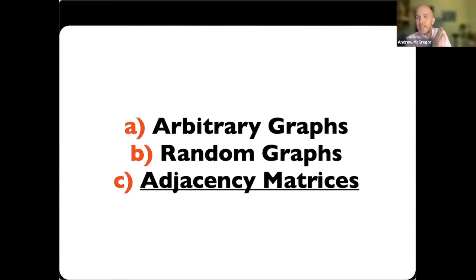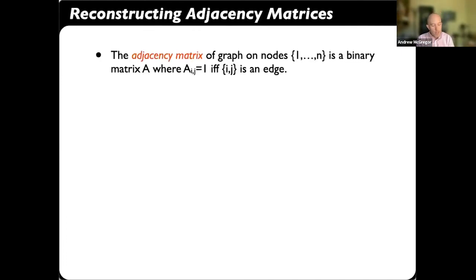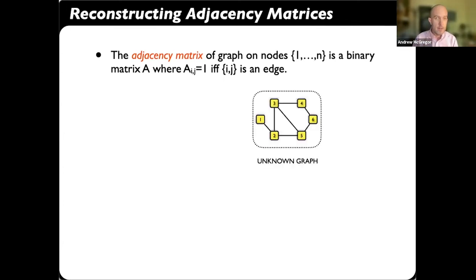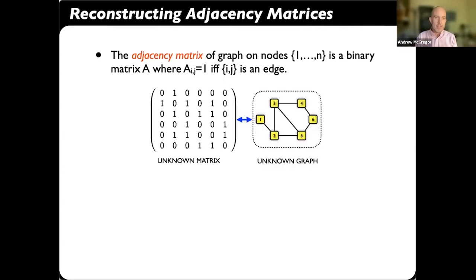Okay, so let's see, I should wrap up in a couple of minutes. Let me briefly talk about adjacency matrices. I'm going to switch models. Previously, the primary objects were unlabeled graphs. I'm now going to think about fixing an adjacency matrix for the graph and talk about random sub-matrices of that adjacency matrix. Okay, so everyone knows what an adjacency matrix is, hopefully.